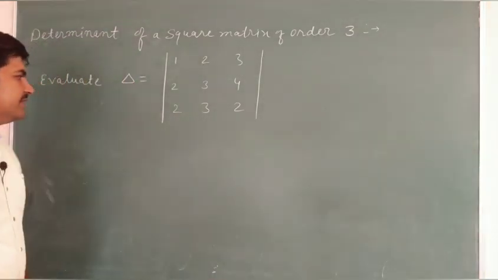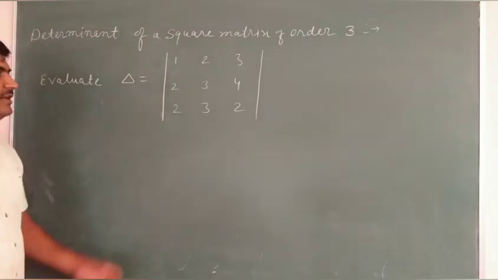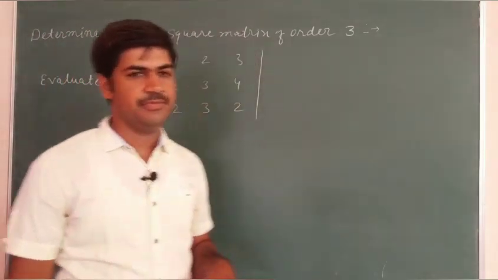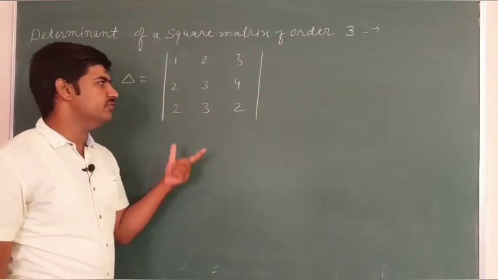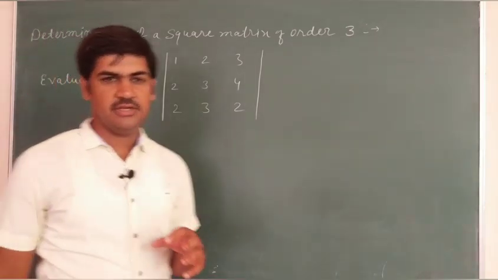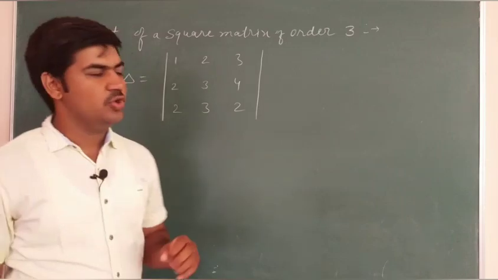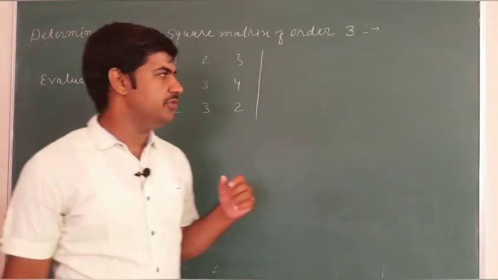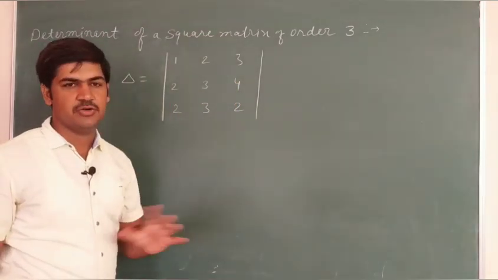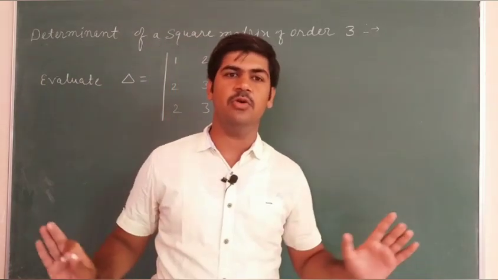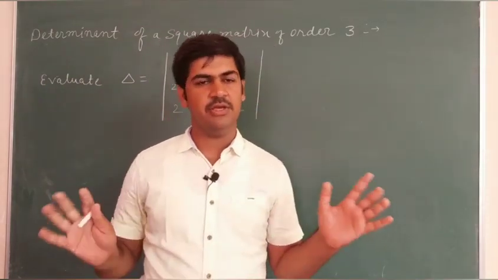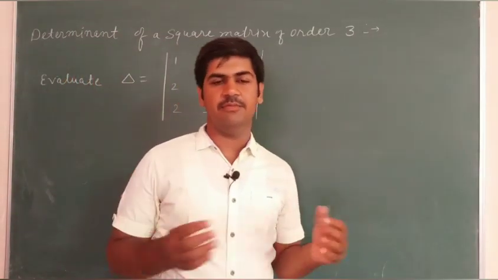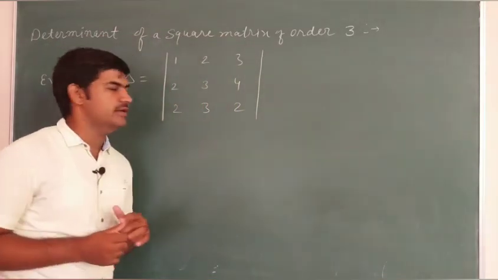So dear students, as I explained in the previous lecture, we can find the value of this particular determinant by expanding it along any row or any column. When we start expanding, the first and most important thing we see is which row or column contains the maximum number of zeros. Since in this determinant there is no zero, we can expand it along any row or any column. The process will be equally long in every expansion.